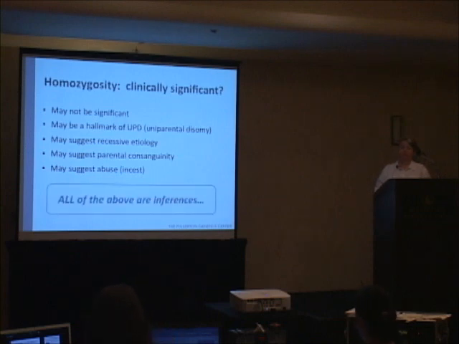But the most important thing to remember, especially for those of you receiving these reports, and hopefully your lab does a good job of explaining, is that this is an inference and not a diagnostic observation. If they didn't, please remember it yourself. These are all inferences. There's almost nothing diagnostic you can obtain from looking at homozygosity on a SNP array. It's the beginning of a search for a diagnostic finding.